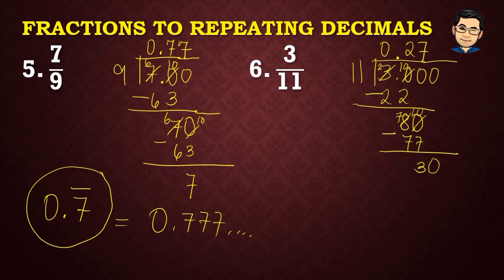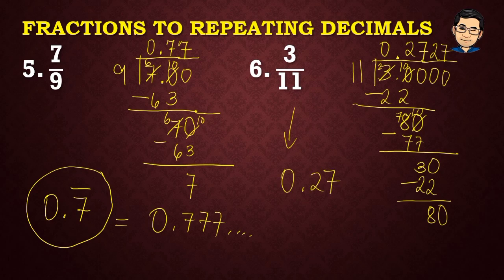So, kapag nakita natin na may nagre-repeat na, pwede na tayong tumigil. Okay, kasi kapag repeating decimals, wala po yung katapusan, kahit na non-repeating pa siya. So, 30 divided by 11, 2. And then, 2 times 11, that is 22. So, 30 minus 22, that is 8. And then, another 0, that is 80. Okay. So, 80 divided by 11, 7 ulit. As you can see, umuulit na lang yung ating pattern. So, therefore, our final answer for 3/11 is